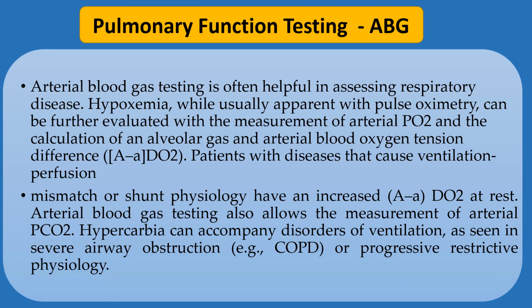Arterial blood gas testing also allows the measurement of arterial partial CO2. Hypercarbia can accompany disorders of ventilation as seen in severe airway obstruction, for example COPD, or progressive restrictive